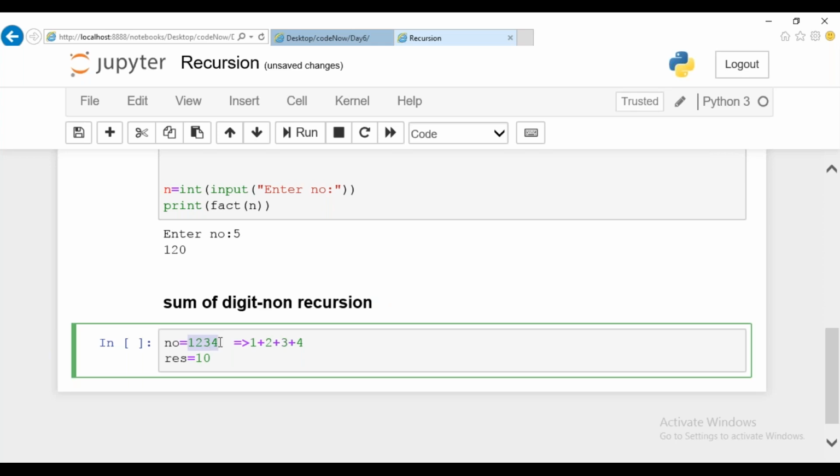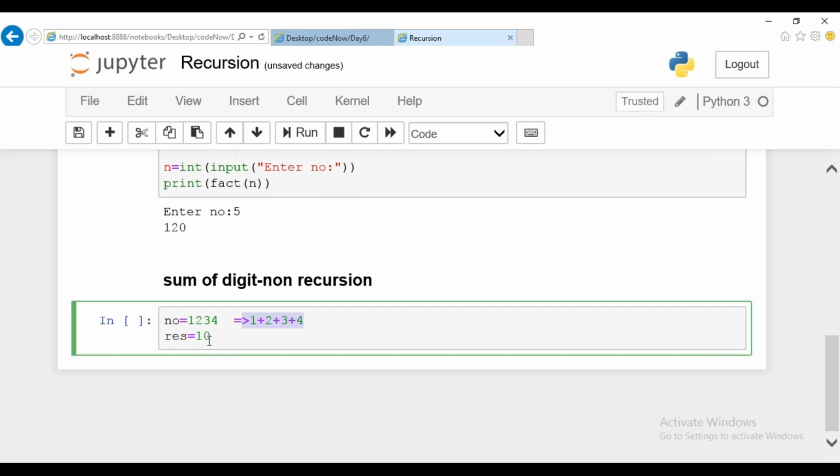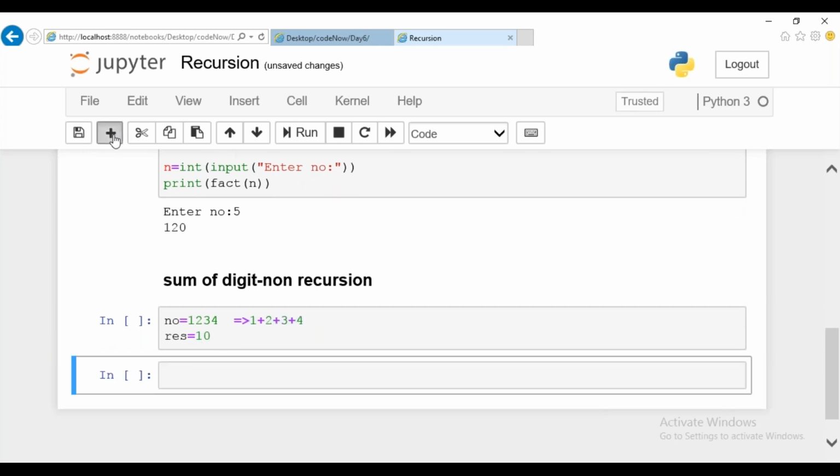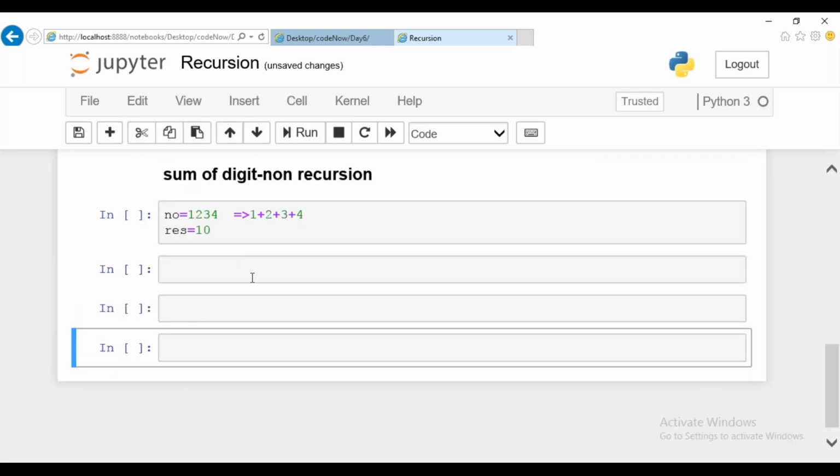Accept a number, try to separate this number one by one from the end, then add it to the result, and print the overall result once you have separated all the digits from this number. Try it out. This is all about your non-recursive way, guys. Don't try it with the recursion method, use the non-recursion method. Just use a loop, you can do it.